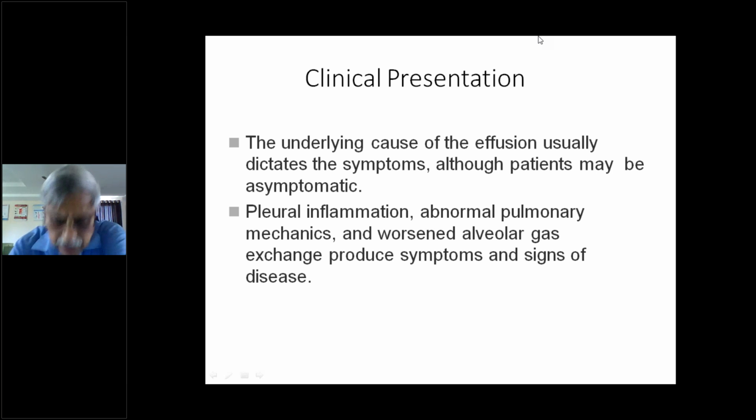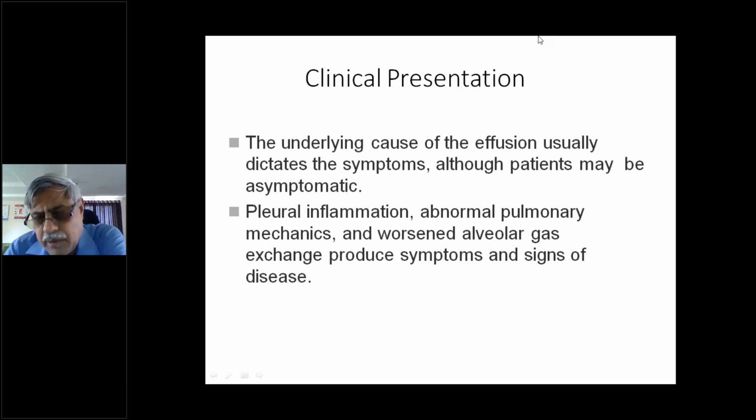Clinical presentation, what are the important features? One is on inspection, the trachea is deviated to the opposite side. Of course, this will occur in actually large pleural effusion, about more than 1500 ml of fluid collected in the pleural space. But clinically apparent findings are because of the accumulation of more than 500 ml of fluid.